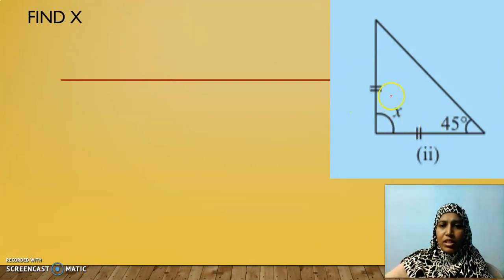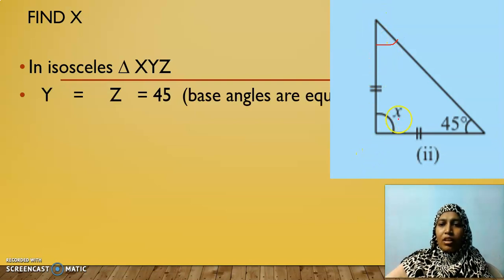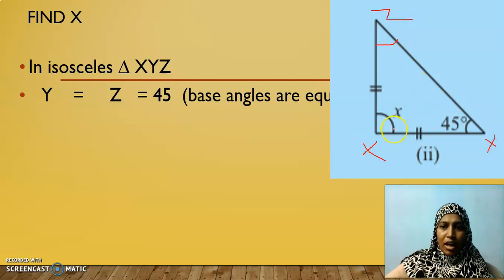Again it is an isosceles triangle. It means two base angles are equal. Where will be the base angle? If it is here, this and this are the base angles. Here I am going to name this as X, Y, Z. Here this point as X, this as Y. When I mark the vertices, it should be in capital letters. When I name an angle, it will be in small letters. Okay, this is vertex capital X.